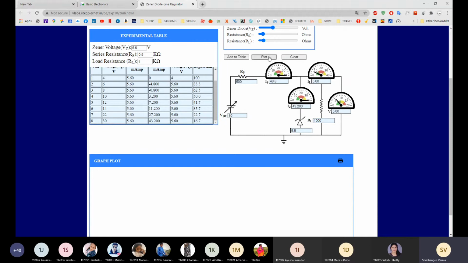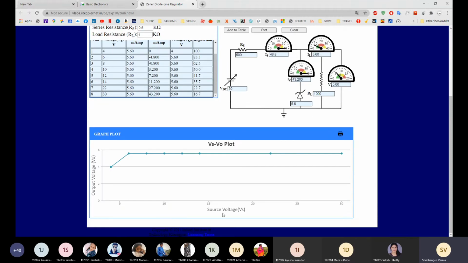So click on plot. So see over here, here is the source voltage that we have changed, and what we have observed, output voltage, is on the y-axis. So here you can see, once we reach the Zener voltage, your output remains constant.